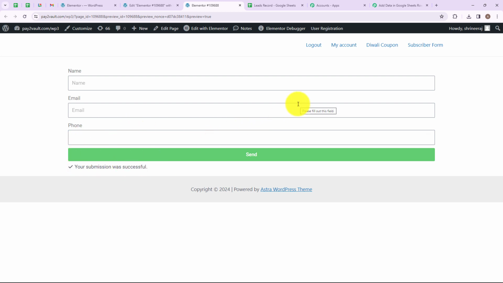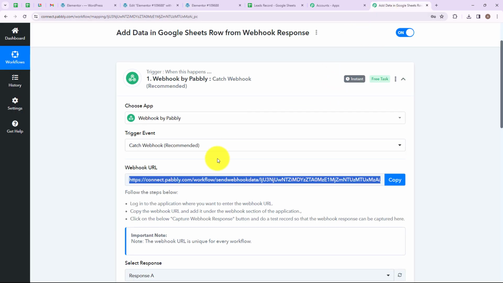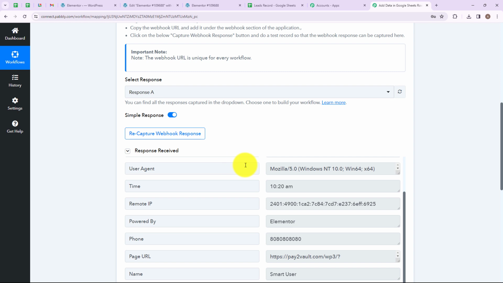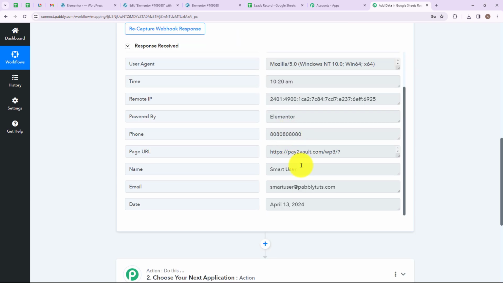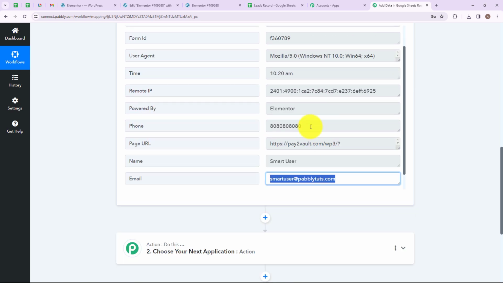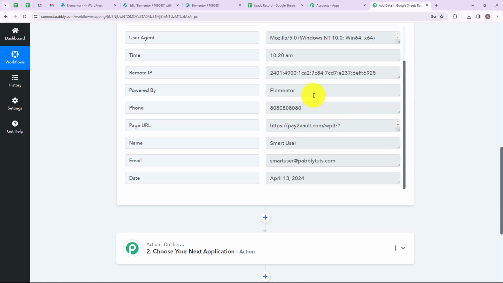Now let's go back to our Pabbly Connect account and check whether we have received a response or not. And as you can see over here that we have successfully received a response. The name is Smart User, the email address is smartuser@pabblytudes.com, and the phone number is this. Which means we have successfully connected our Elementor account with our Pabbly Connect account with the help of Webhook by